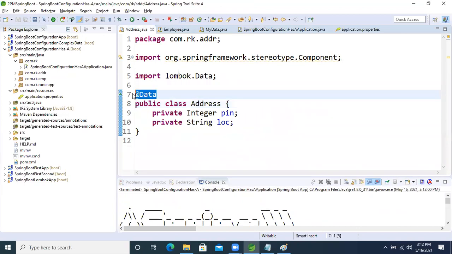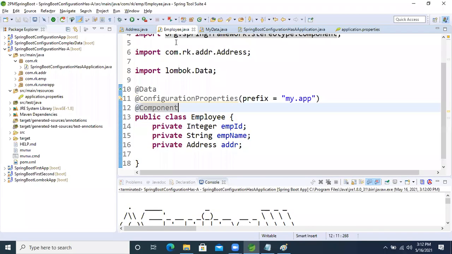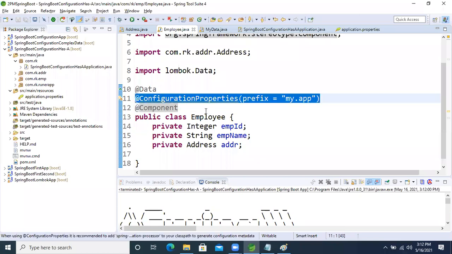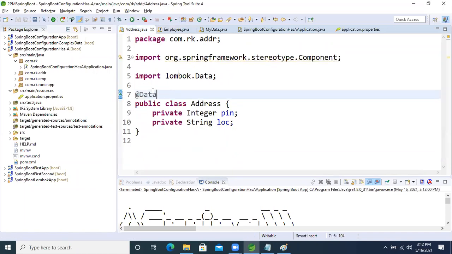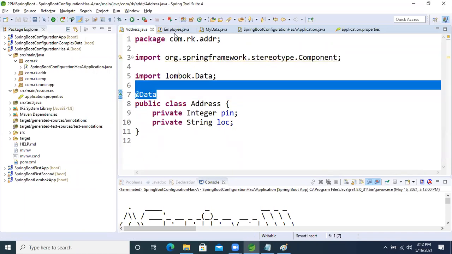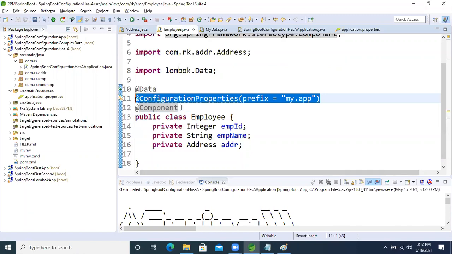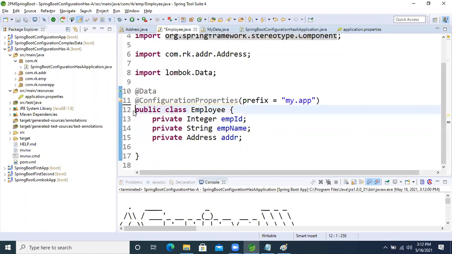See this, no need. Actually, whenever we are using this @Configuration annotation, we don't have the need to put @Component on the dependent class. Let's remove it here also. I'm removing it here also.